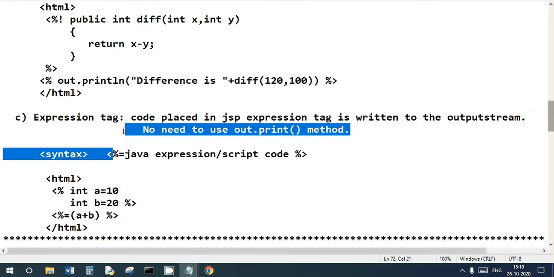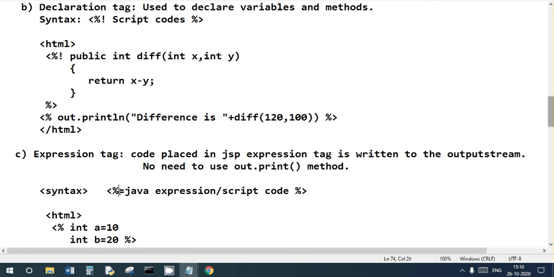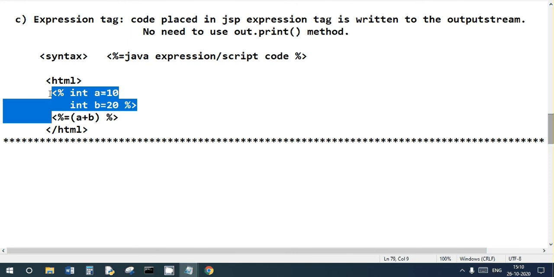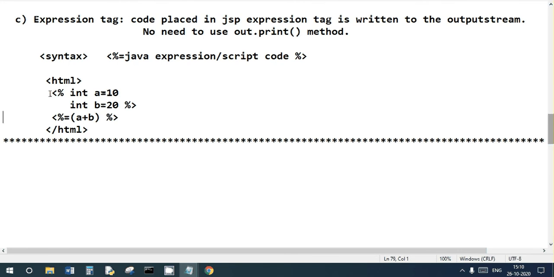This is the script tag and this is the expression tag, or you can write it equivalently as out.print of a plus b. This is also equal.